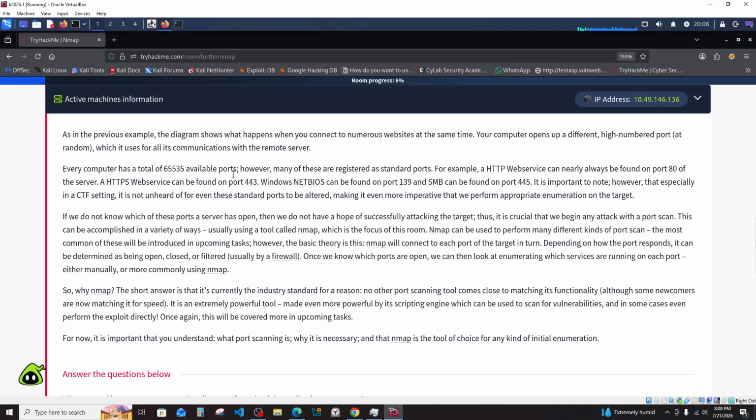Every computer has a total of 65,535 ports. However, many of these are registered as standard ports. For example, HTTP can be found at port 80, and SMB at port 445. However, it is especially secure to not use these standard ports, making it even more imperative that the